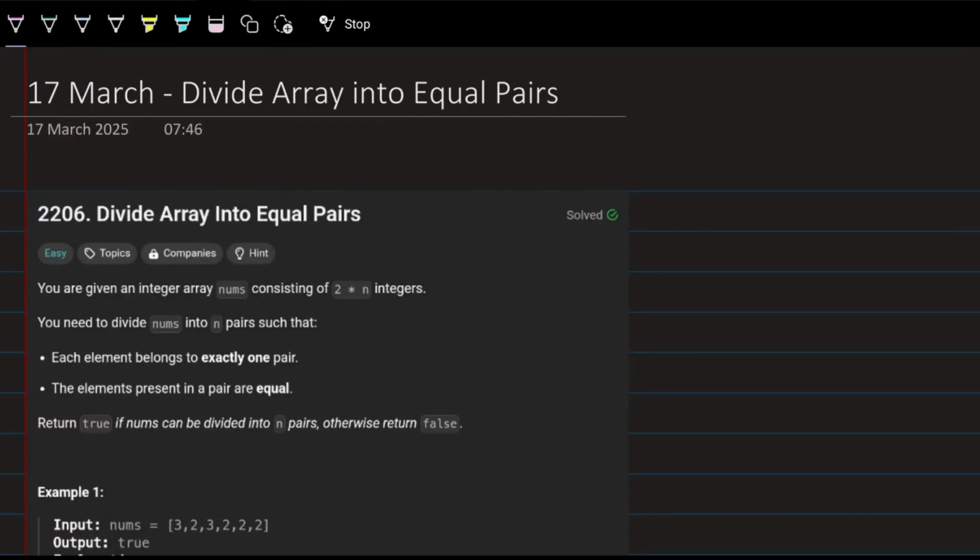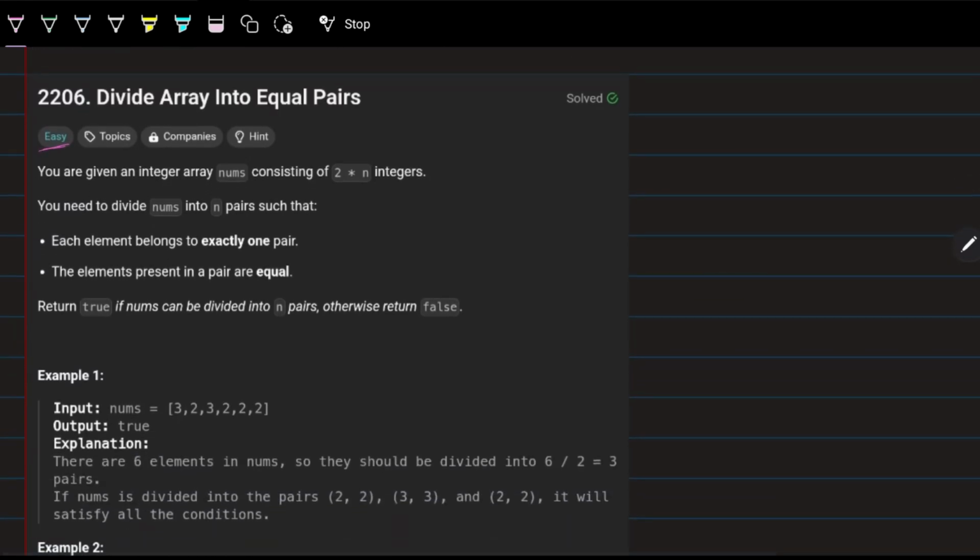Today's LeetCode problem is Divide Array Into Equal Pairs. Today's problem is an easy level problem, as you can see. What the problem is saying is that you are given an integer array nums, and that is